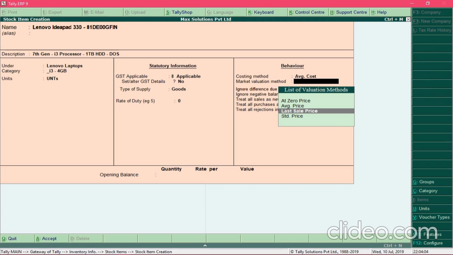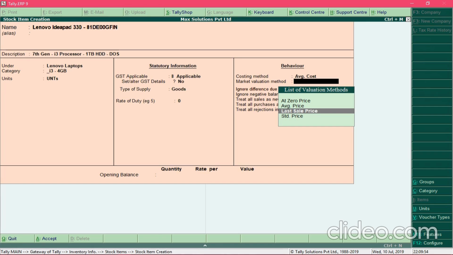And in case the price of the product is falling and I decide to sell it at a lower price, for example 9 rupees, then the market value of that product would be 9 rupees. The reason why we evaluate the market value of a product is to arrive at the true worth of the product.